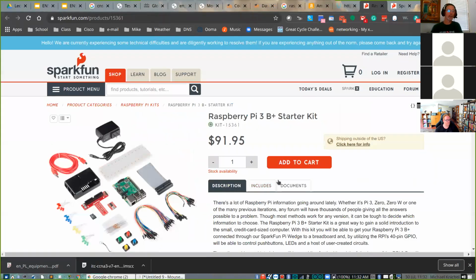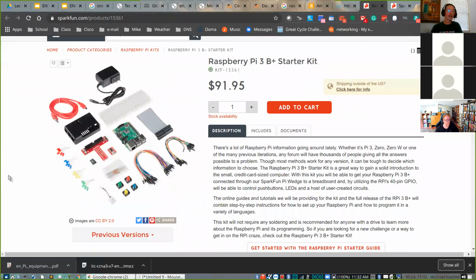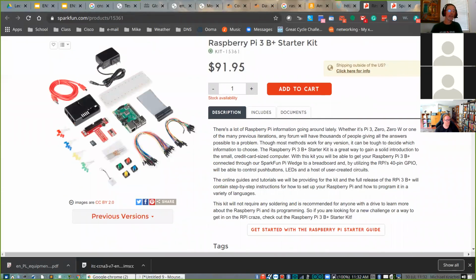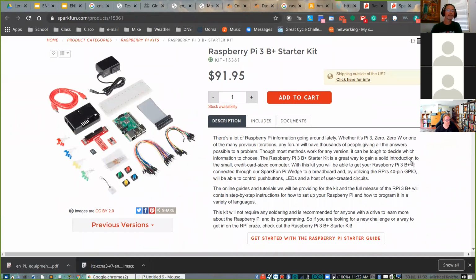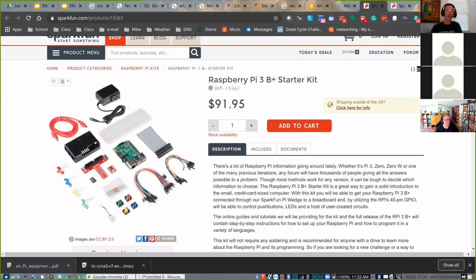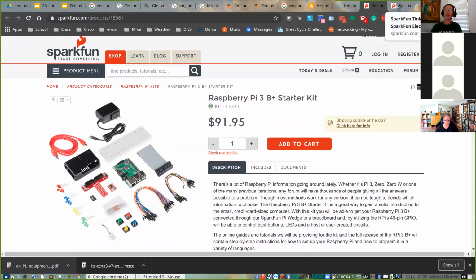So here's the SparkFun version of the Raspberry Pi with some of the boards and things that you're going to need. It's $100, because by the time you buy the Pi, the case and these other add-ons and LEDs and all the male to male and male to female or female to female converter cables, you're going to be at the $100 anyway.